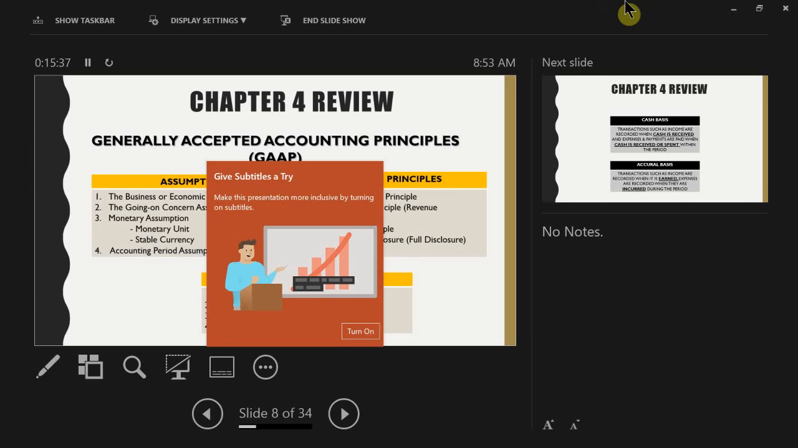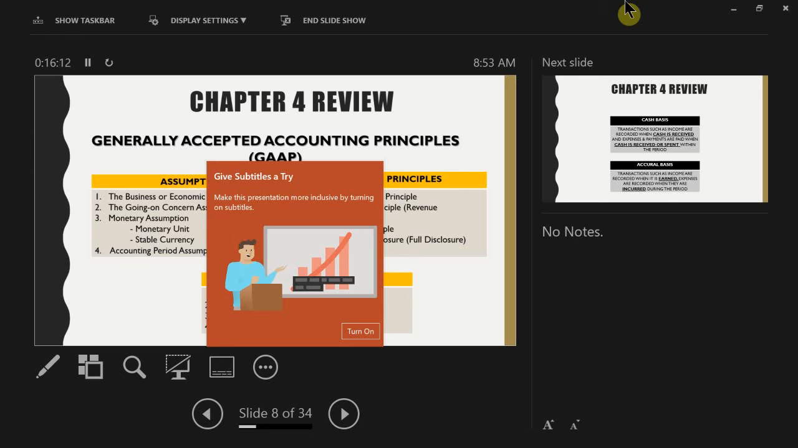So make sure you know the definitions of each and every single one of these assumptions and basic principles, and be able to apply them and make examples out of them. Okay, because I will test you on them, and some of them can be very confusing. And again, constraints, I just need you to know what they are, in regards to knowing that it's materiality, cost benefit, and conservatism, as well as